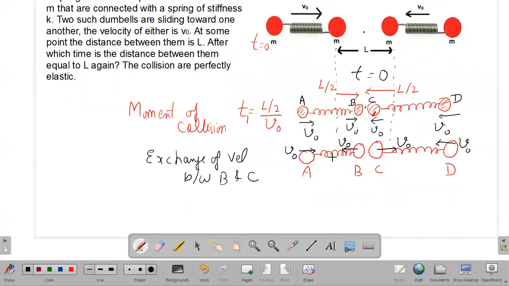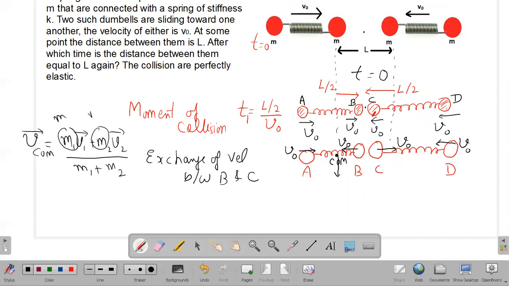Now the center of mass of the blocks A and B, notice the two masses are traveling in opposite directions with the same velocity. If you apply the concept that the center of mass velocity can be written as (m1 v1 + m2 v2) divided by (m1 + m2), in vector form, then because A and B are of the same mass, m1 is m, m2 is m, but v1 and v2 are equal and in opposite directions, so this center of mass will immediately come to a halt. It will stop.